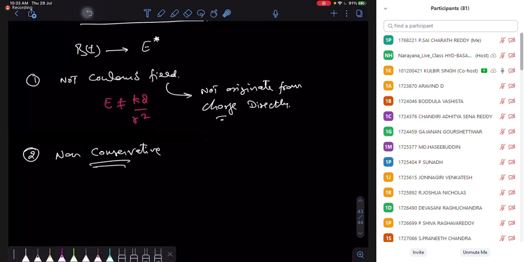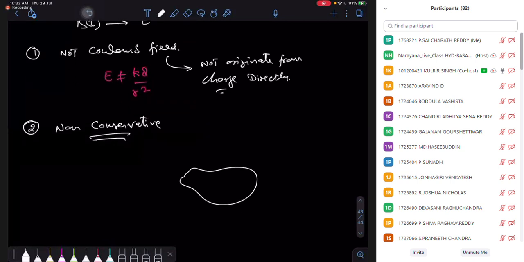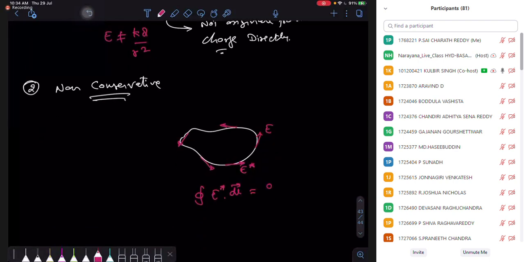Work done in the loop would be zero if it were conservative. Imagine it is conservative. Actually, it is not, but just take a case, suppose it is conservative. Then the work done in the closed loop is going to be zero. If the work done in the closed loop is zero, the EMF should be zero,